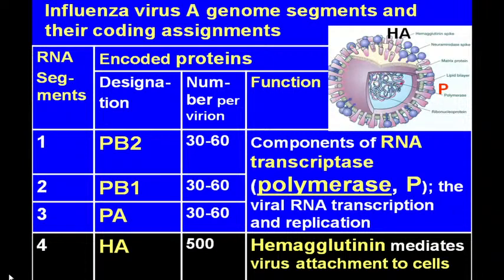Sorry. So here you can see the viral segments, right? And what proteins are produced out of these segments. And here you can see the picture of the virus. So first, I would like to draw your attention again. 3 proteins that occur bound with the nucleic acid will be responsible for formation of the RNA transcriptase complex or RNA-dependent RNA polymerase that is used for RNA transcription and replication.